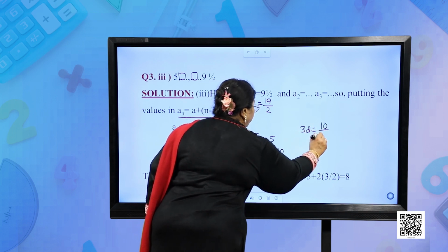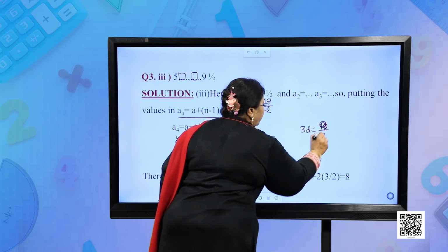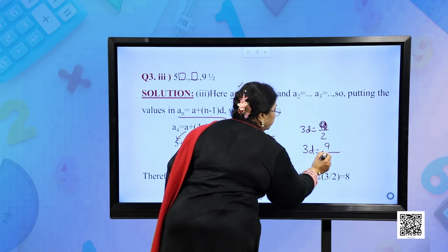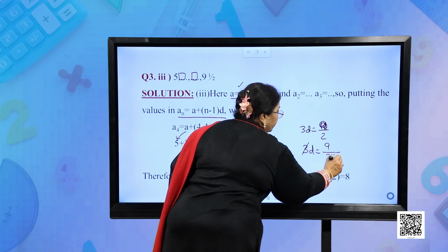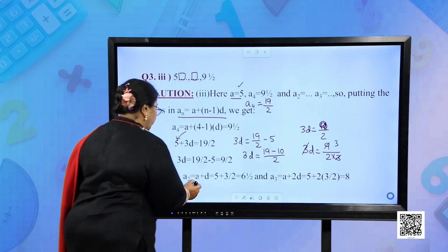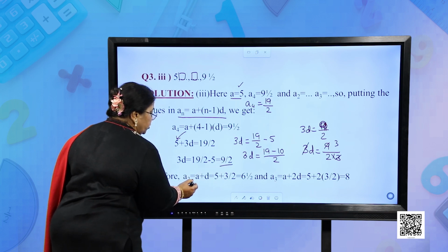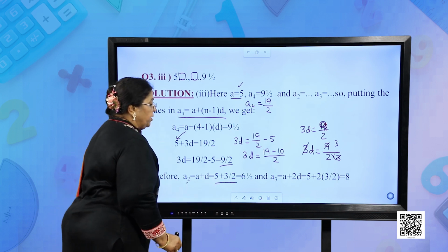Sorry, 9 upon 2 or 3D is equal to 9 upon 2. This 3 will go down and 3 3s are 9. So, D is equal to 3 upon 2. Look here, I get 9 upon 2. Here I can substitute A2 is equal to A plus D of 5 plus 3 by 2 gives me 6